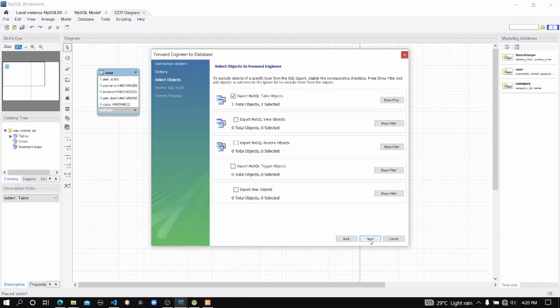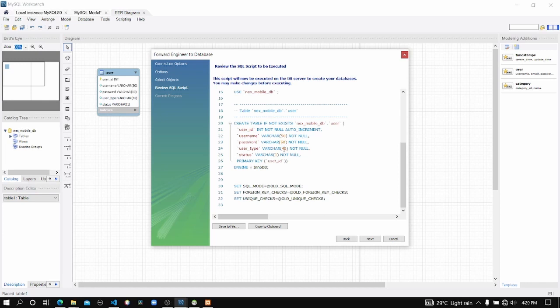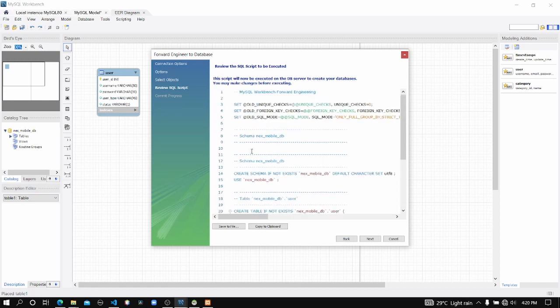Just press next, and you can see here the queries, actually the DDL commands to create our database and the table and the attributes inside of it. This is the query that's going to execute and create our database.